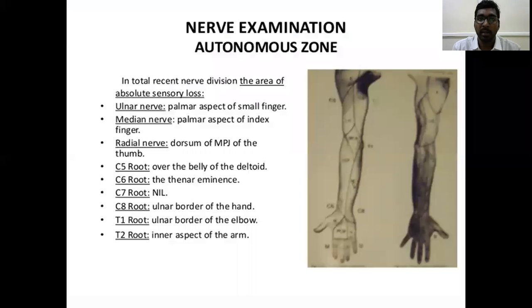So what are those areas? The ulnar nerve supplies the medial 1.5 fingers of both the dorsal and volar aspects of the hand. But in the fourth finger and the radial aspect of the fifth finger, it overlaps with the median nerve supply. But the palmar aspect, the ulnar aspect of the little finger, is exclusively supplied by the ulnar nerve. So if sensory loss is present there, it means there is an ulnar nerve injury.